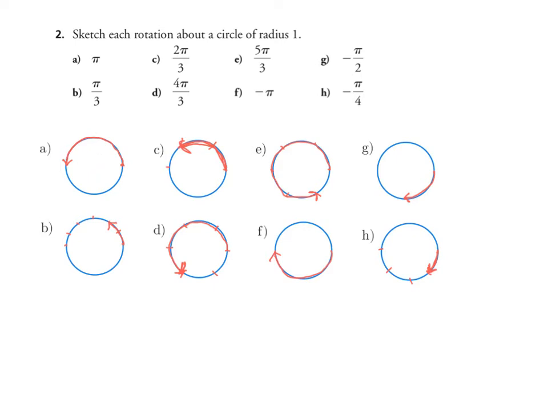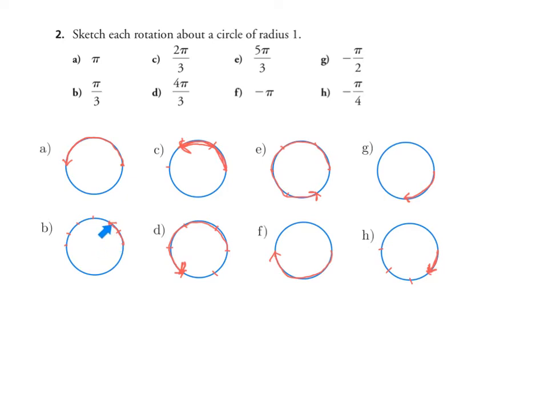Now just take a look here. So we said this is pi. It's actually 180 degrees if you do it in degrees, but we want to get more used to using radians, especially when you get to calculus. Degrees won't work for you anymore when you start doing derivatives. All right, so then we get,